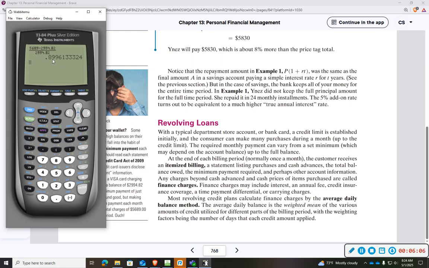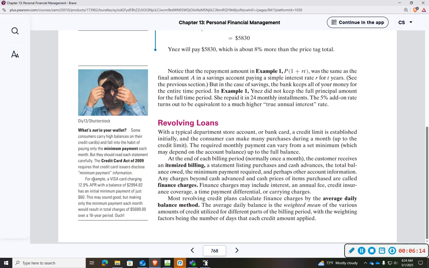So this is telling you you're paying almost 89% more, like you almost doubled the original cost, 89% more, and that is with a 12% or 13% interest rate. Most credit cards have, I want to say, in the 20s interest rate, and so you're going to pay even more. So I want to encourage you guys, if you have credit cards, to pay them off as quickly as